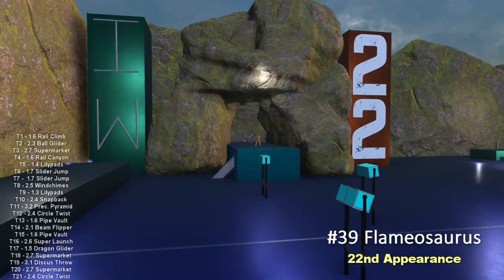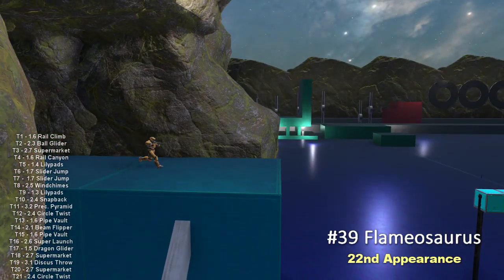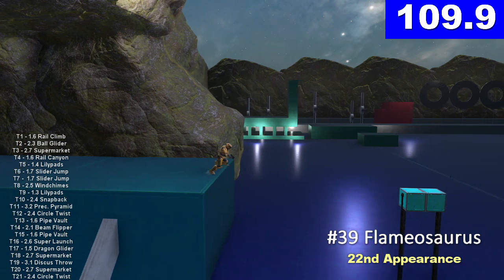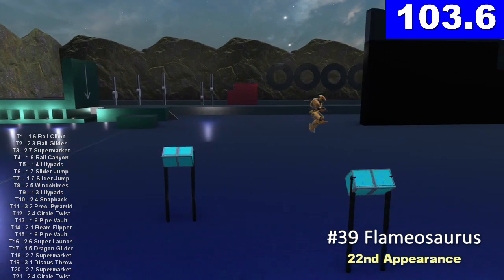We have Flame-O-Saurus. Flame has been on a streak himself. He has beaten 4 stage 1s in a row. Last time, unfortunately, went down on the circle twist. The 2 runs, or really the 3 runs before that, were all super impressive. He had 2 supermarket fails and a stage 3 where he failed the discus throw, but Flame has definitely kind of returned to the form we expect from him on other courses. So we'll see if Flame can keep his streak going, keep his